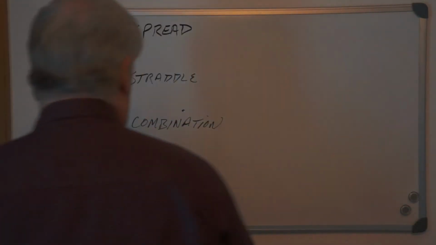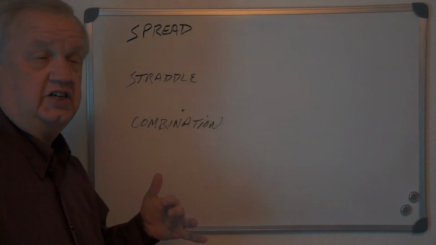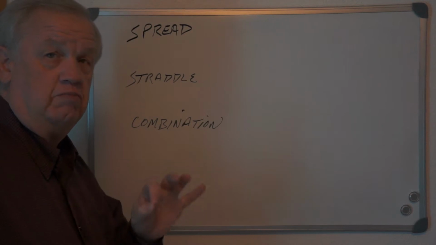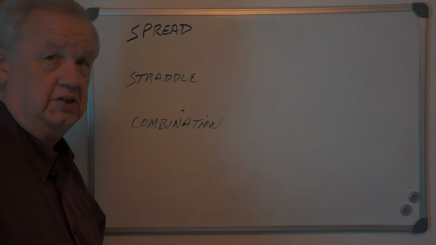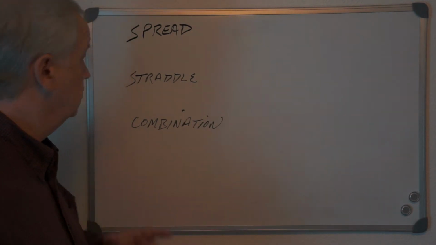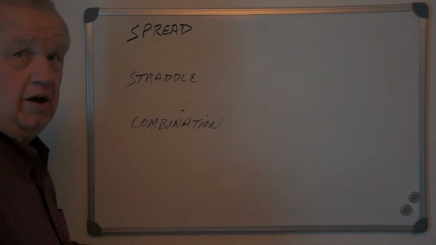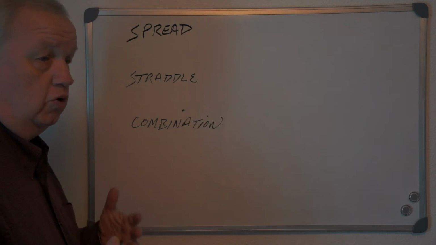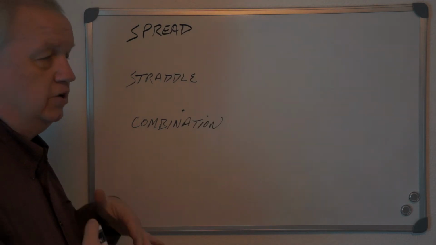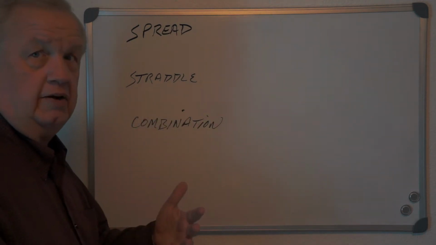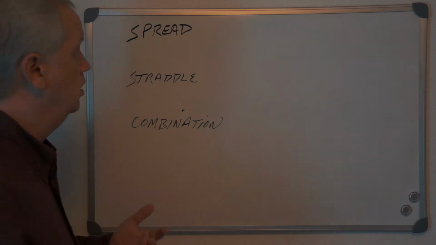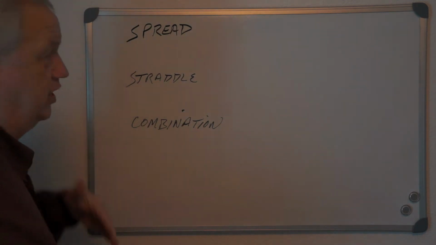Okay, everyone. This session is going to be on identification of multiple option positions. Option strategies: there's three types, spread, straddle, and a combination. We're going to go through them individually. We're just going to go into the basics. What are we looking at? What's the purpose? And looking at a spread,